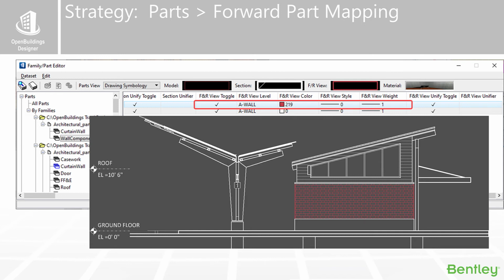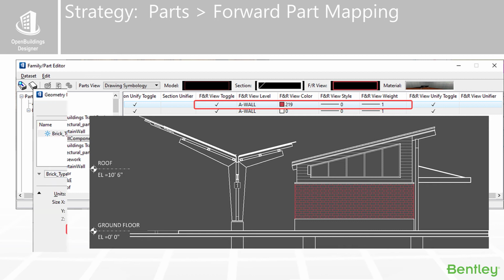By default, that pattern map will take the symbology of the forward view drawing symbology. In that example, it's on a wall, set to a kind of reddish color, and that's how the pattern shows up in the drawing. So right now, that pattern map is using the symbology assigned to the drawing symbology of that particular family and part. But there are a couple of other options.